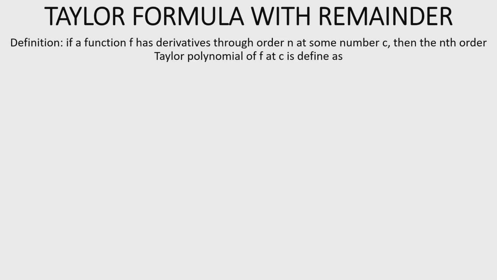of f at c is defined as, so let's say p of n of x is equal to f of c plus the first derivative of f at c times x minus c over 1 factorial, plus the second derivative of f at c times x minus c raised to the power of 2 over 2 factorial, or 2 times 1,